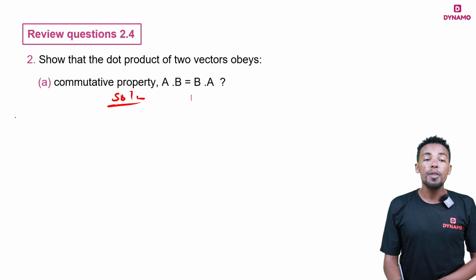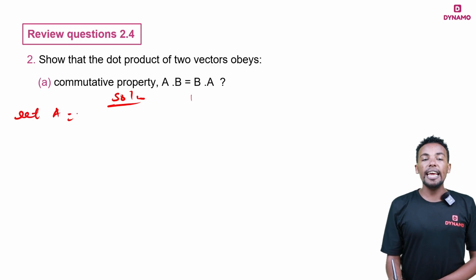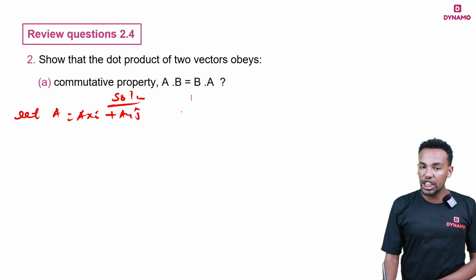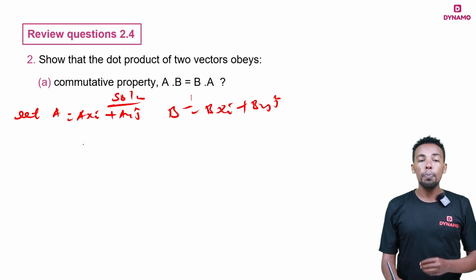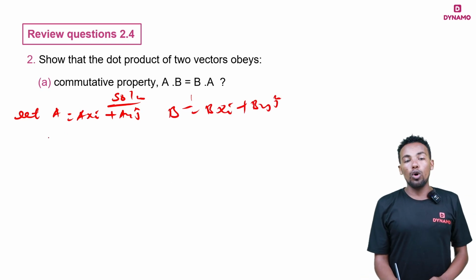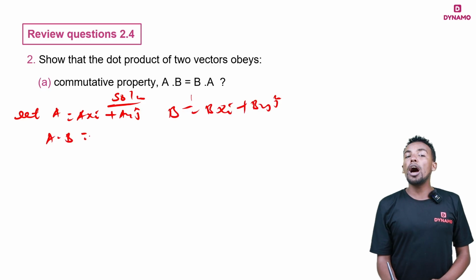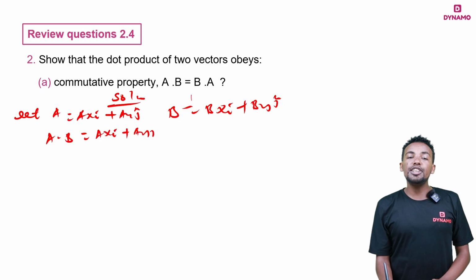Let vector A is equals to AX in I direction plus AY in J direction, B is equals to BX in I direction plus BY in J direction. Erga goone booda A dot B gaafa jennu maal goona? A dot B is equals to what? AXI plus AYJ dot with